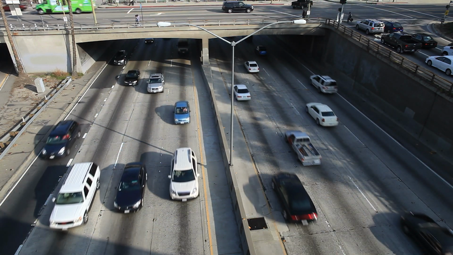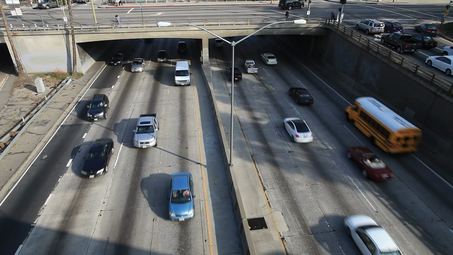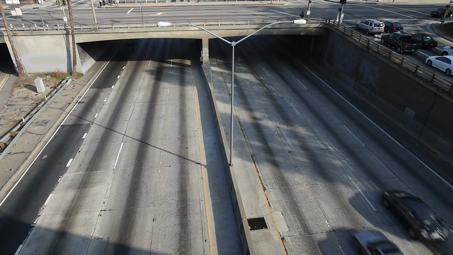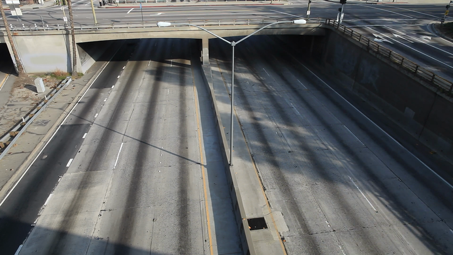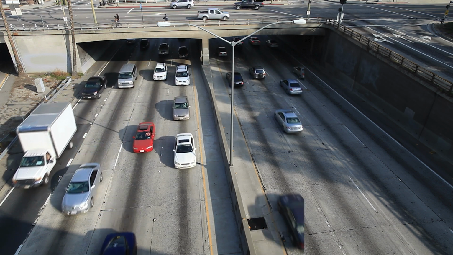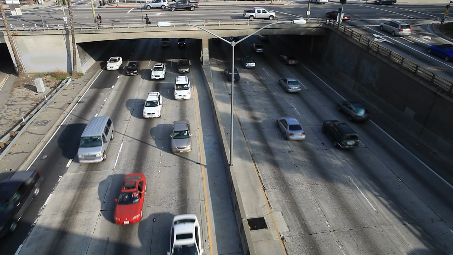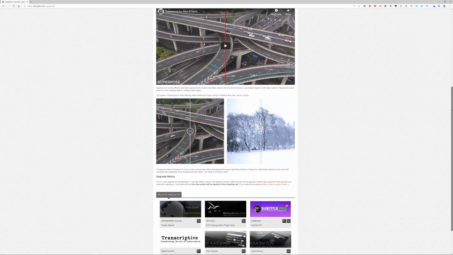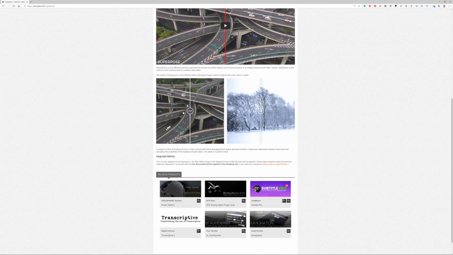I recently discovered an awesome plugin for After Effects that I wanted to share with you all, and that is a paid plugin called Superpose 2. It's not the cheapest app, but it's very cool and a massive time saver for one of the more dull tasks often required in VFX and even photography. So the premise is to remove movement automatically from your footage and to provide a clean plate with minimal manual work required. It's not perfect, but I think it is a taste of the amazing software that lies ahead.